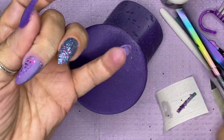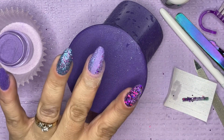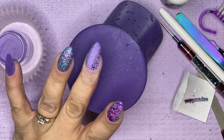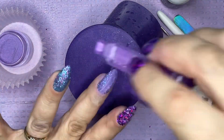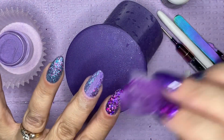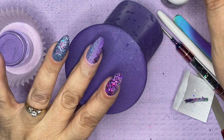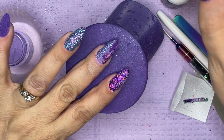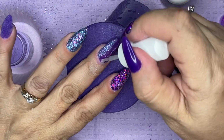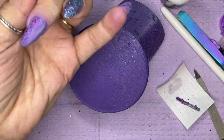So yeah, I give the powders and the liquids two thumbs up because I'm really enjoying them. I will be using them again. And unfortunately, somehow when I made this order, I completely missed her peel base. I like trying new peel bases, and I've heard really good things about hers. So I did go ahead and order the peel base, and of course I had to order more dips as well. And don't yell at me, they are purple. She has some amazing purples. I just couldn't resist. So anyway,